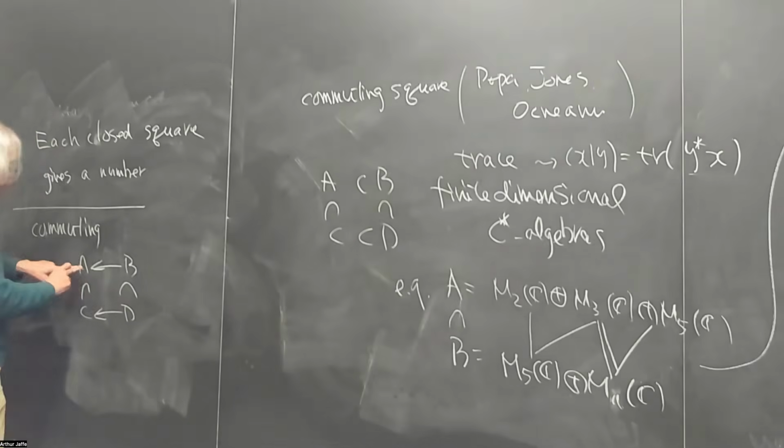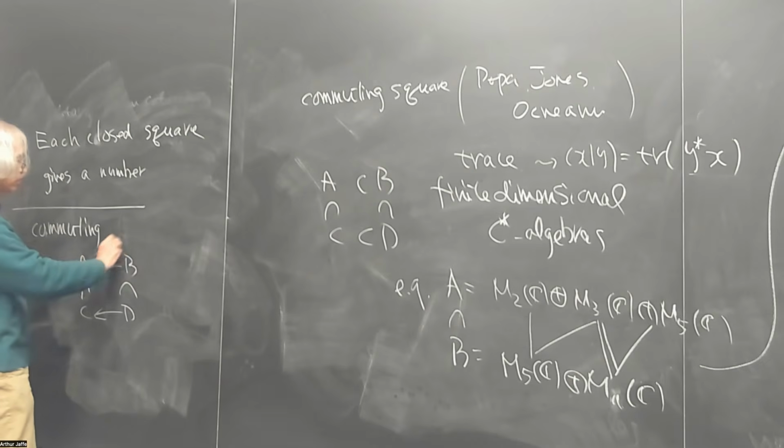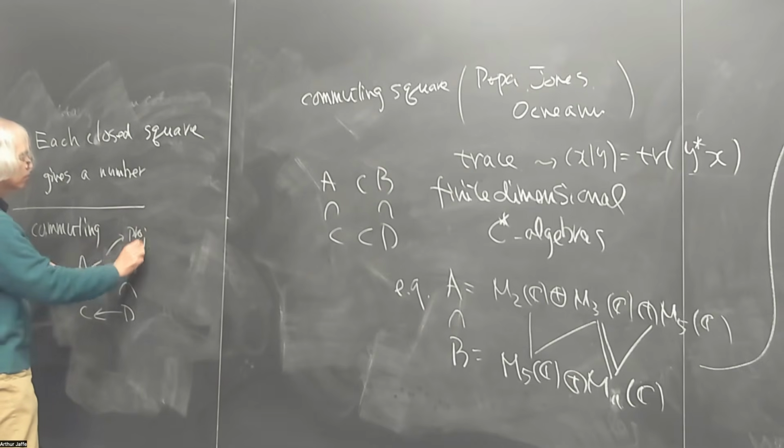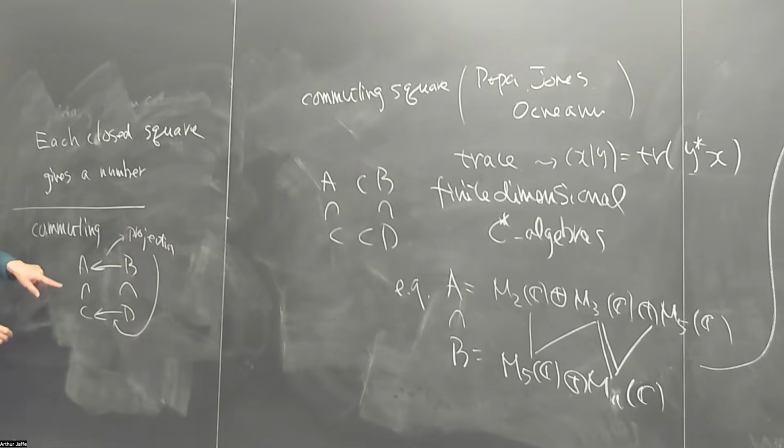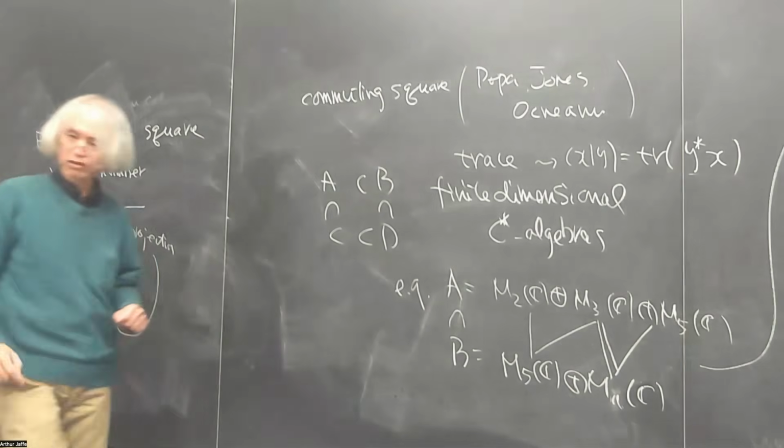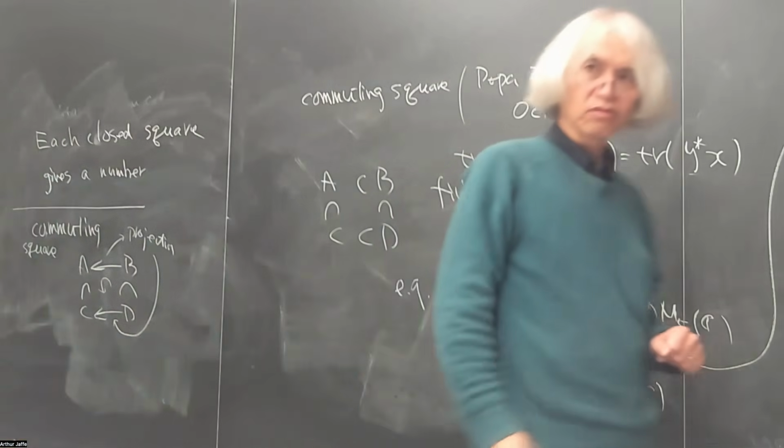Then this is a Hilbert subspace of that. So we have a Hilbert space orthogonal projection. So this is the projection, and also this is the projection. Then we use two projections horizontally and two embeddings vertically. And if this commutes, we say this is a commuting square. And this is a very important and natural condition.